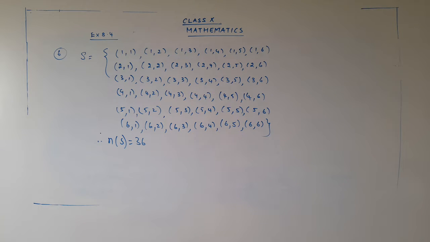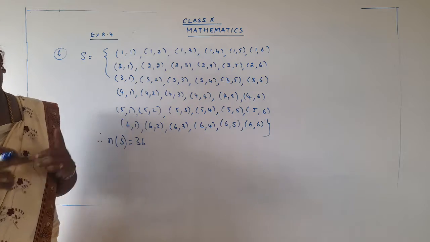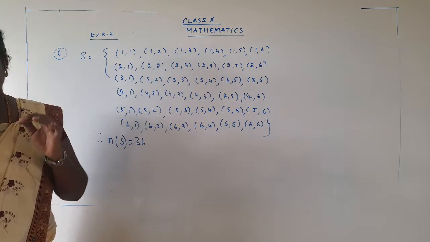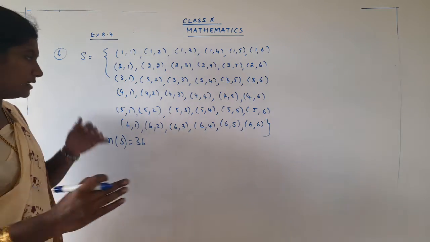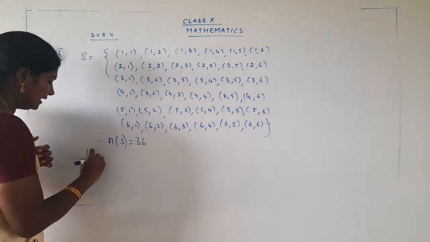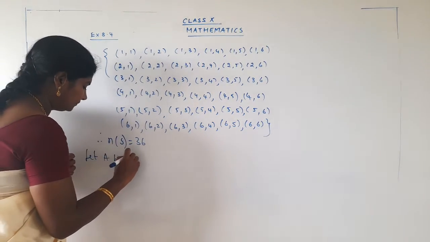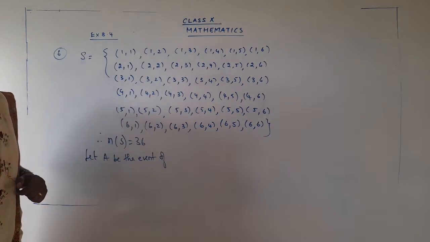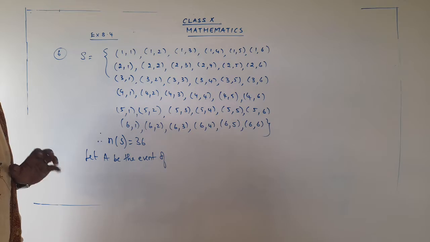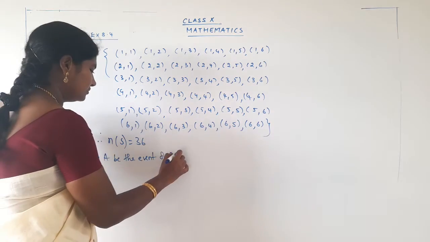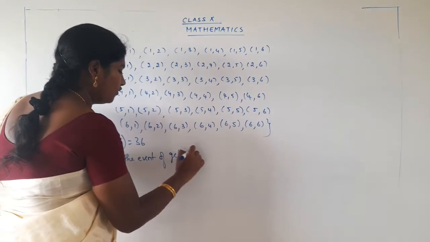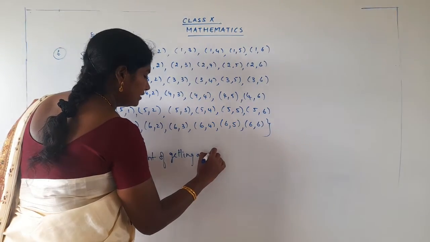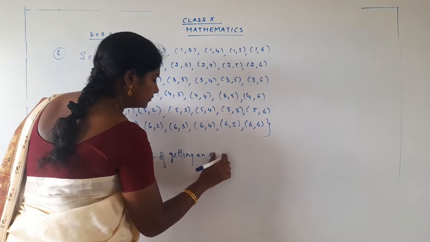Okay. Now let's see the question here. What is the question here? The question says find the probability of getting an even number on the first die or a total of sum 8. So we have to take two events here. I'll take the first event as A. Let A be the event of getting an even number